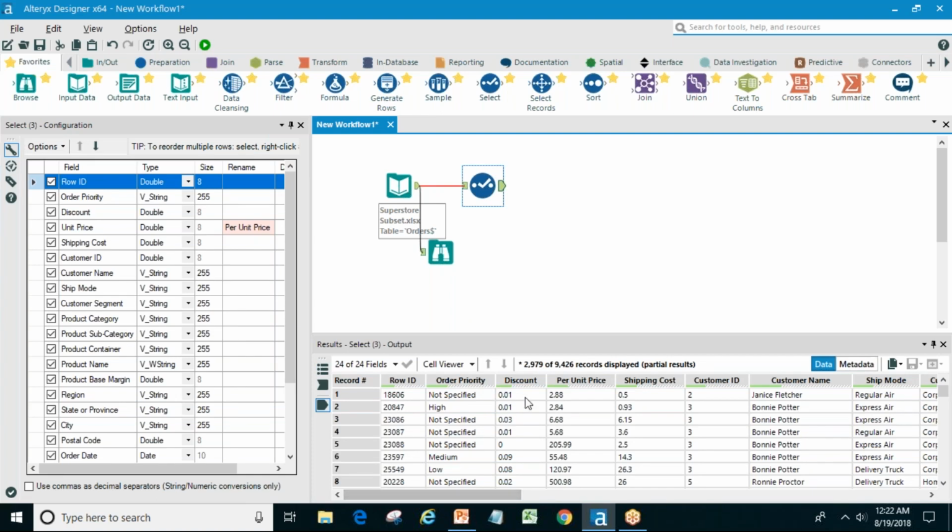Only difference is that the unit price column is now called per unit price. So this way I can create a step-by-step workflow. Next thing, let's say you want your data to be filtered, or based on some requirement, we should apply some formatting. So if I want to apply some sorting actually,